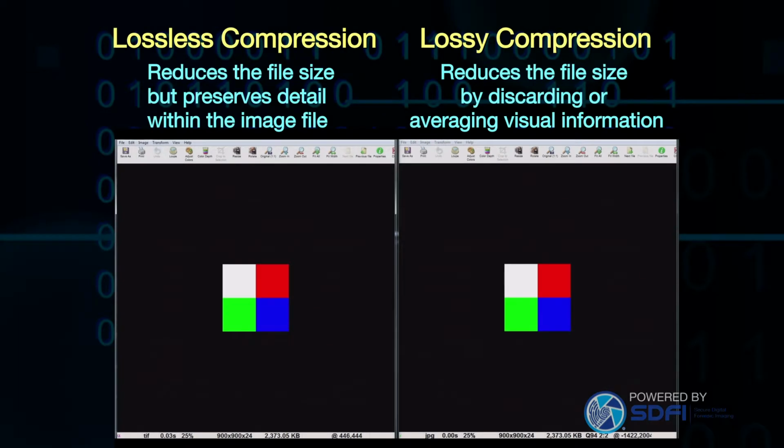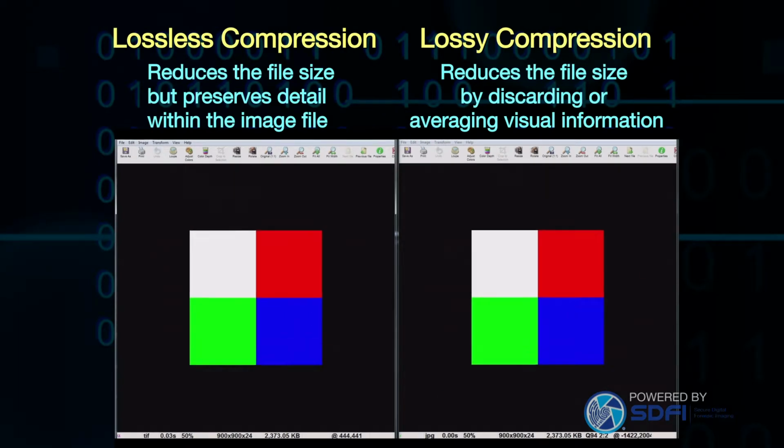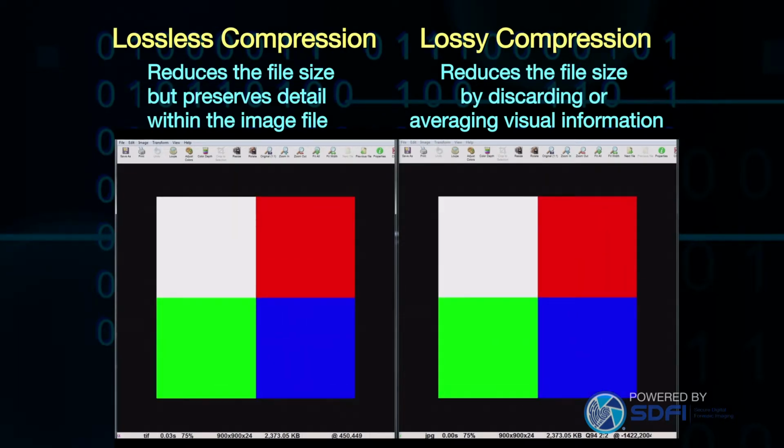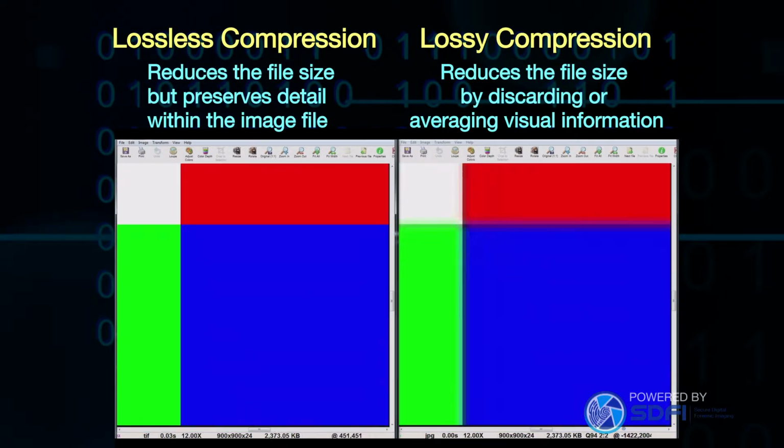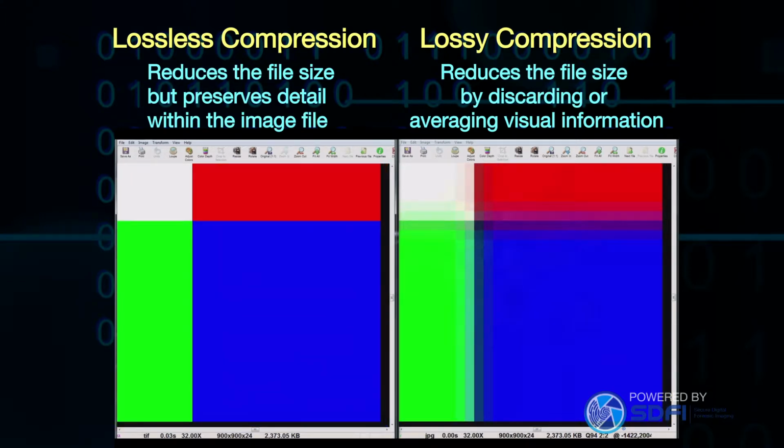Lossless compression reduces the file size but preserves detail within the image file. The RGB pixel values match the values found in the raw data file. Lossy compression reduces the file size by discarding and/or averaging visual information. Lossy compression uses pixel values along with their neighboring pixel values to replace the actual pixel data with pixel averages